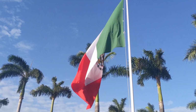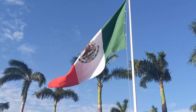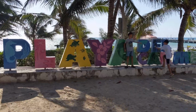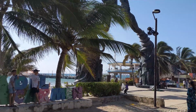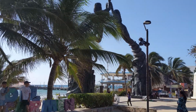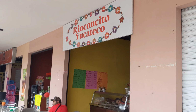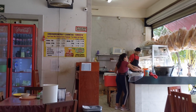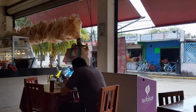Today, I'm going to tell you about 5 foods that you need to try if you visit the Riviera Maya in Mexico. These tips apply whether you're staying in a beachfront resort along the Mayan Riviera or in a city like Playa del Carmen or Tulum or even Cancun. Really, you should be able to find these foods anywhere on the Yucatan Peninsula in Mexico. Actually, you'll have a much easier time finding them as you go further away from the big resorts and the